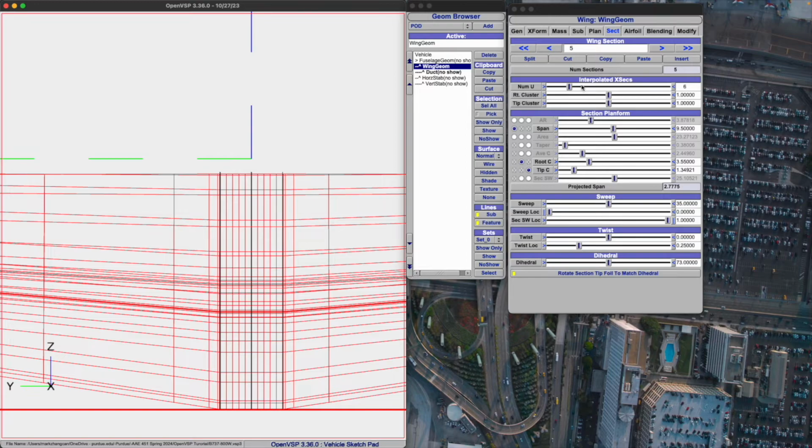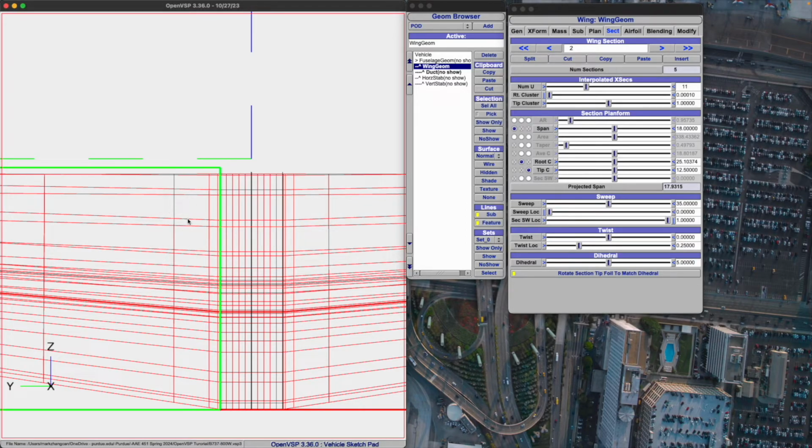I have a wing section that practically does nothing, or that practically has no dihedral. This is because the reason why you need to implement this section is because when you select the rotate section tip foil to match the dihedral,